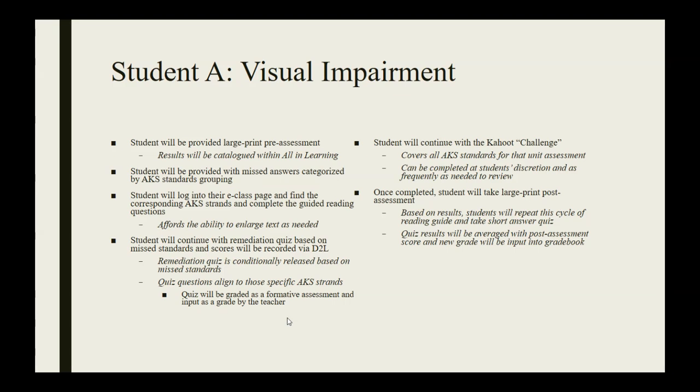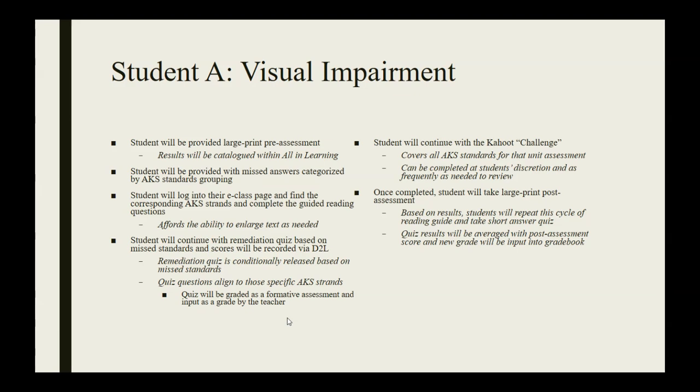But as students complete those remediation activities, in this case, it's a remediation guide with reading questions. Once they complete those reading guide questions, they'll submit it to the Dropbox, and then that will conditionally release a multiple choice quiz question. Once they complete those quiz questions, that data will be compared with the pre-assessment score. If that pre-assessment score remains to be higher than that quiz, and the pre-assessment score is broken down by the same standards that are missed. So given that score versus the quiz score, if that score is lower,